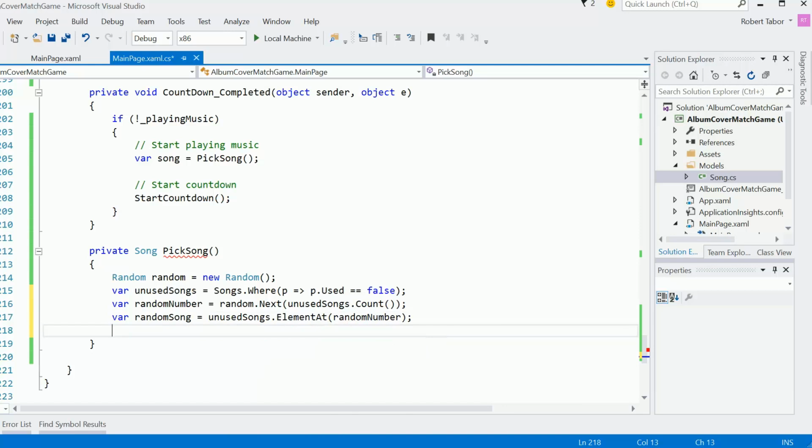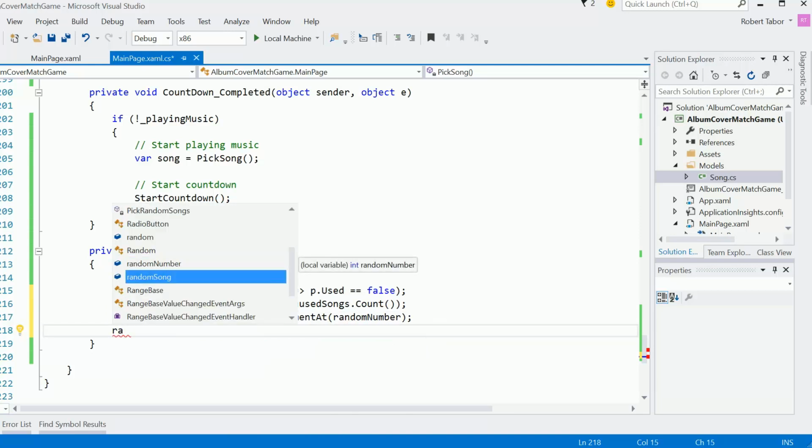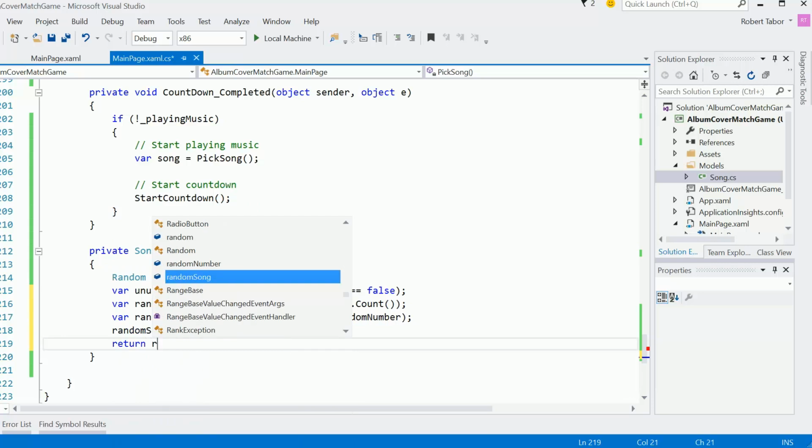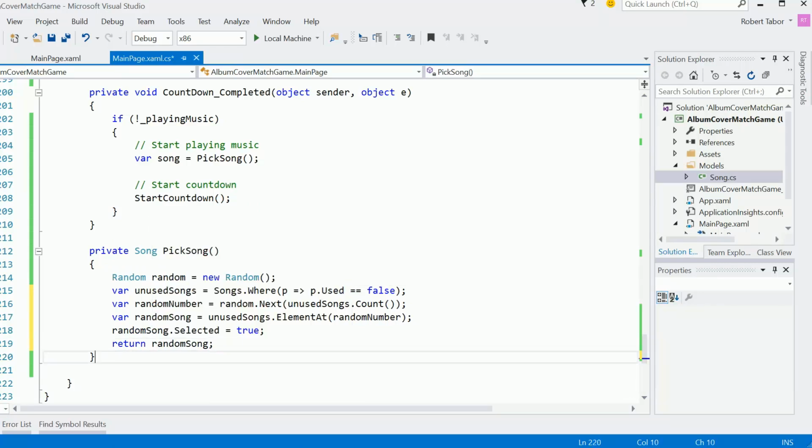And so that random song now is currently the selected song. So I'm going to set its selected attribute to true. I'm going to return that random song like so. So we picked the song,